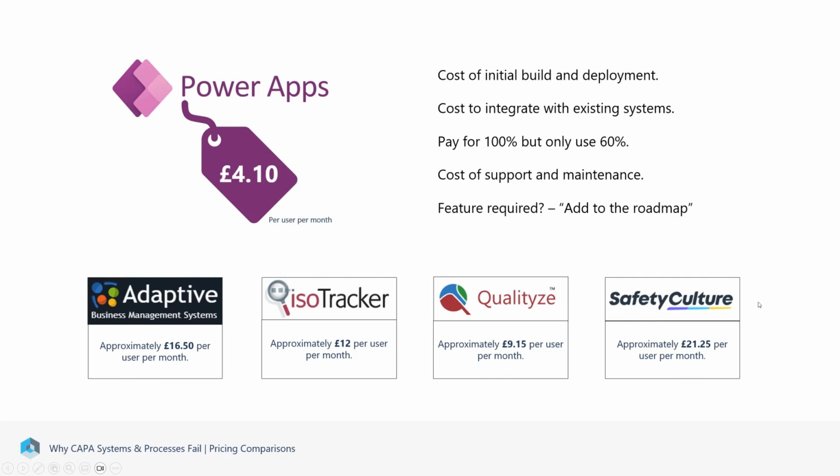You may need to integrate with other systems that you've got in place. So you might need to integrate your issue tracking with some of your financial systems because it might relate to your bill of materials, for example. You might find that there's systems out there. If you purchase a separate system, and you'll see that we've got a few different examples at the base of the slide here, you might find that you're actually paying to use 100% of the system, but you only actually need to use 60% of it.